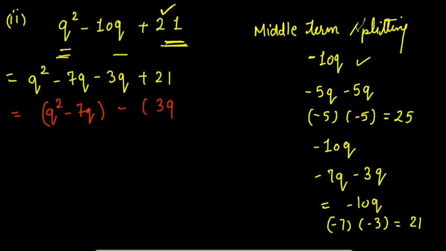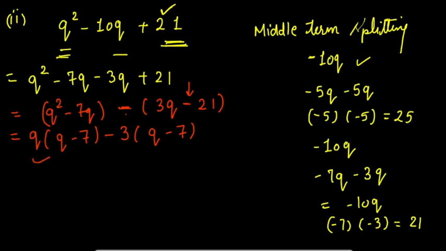Minus, since I am taking minus sign here, please remember to put a minus sign in the bracket because you have taken minus common. So whenever there is a minus before the bracket, you have to make sure to convert the sign here. What is common here? Q is common. I am left with q minus 7. What is common here? 3 is common, again q minus 7. Now I am getting 1 term, 2 term, and with rearrangement the terms are same in the bracket. So taking it common, I am left with q minus 3.